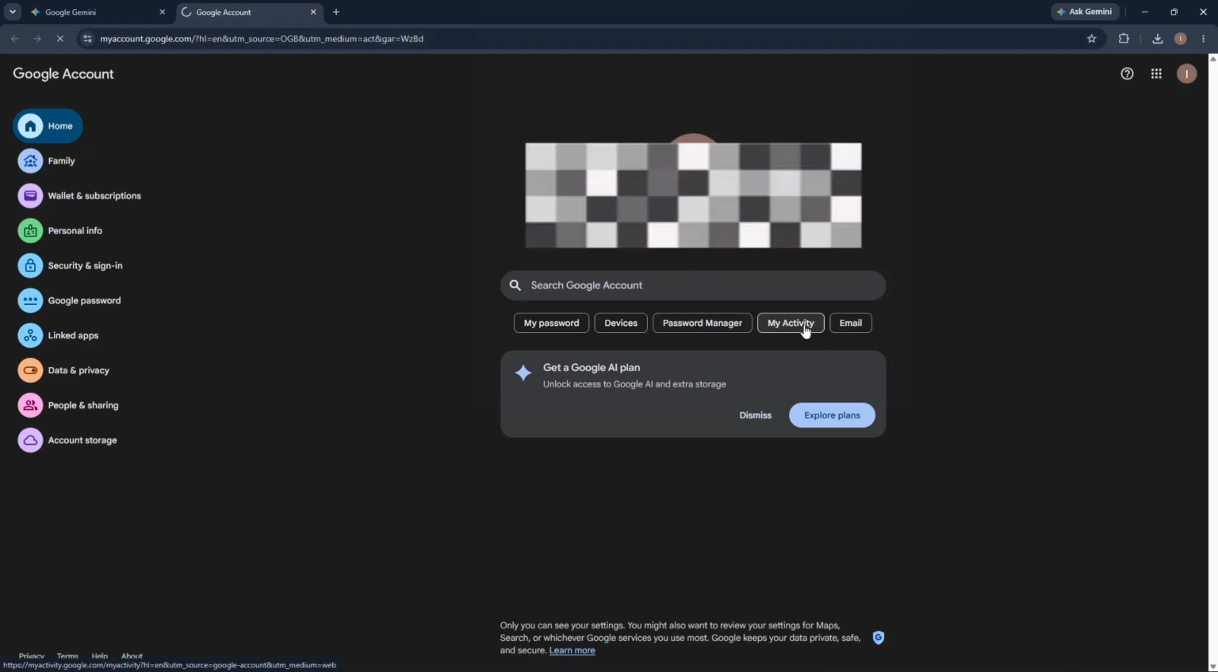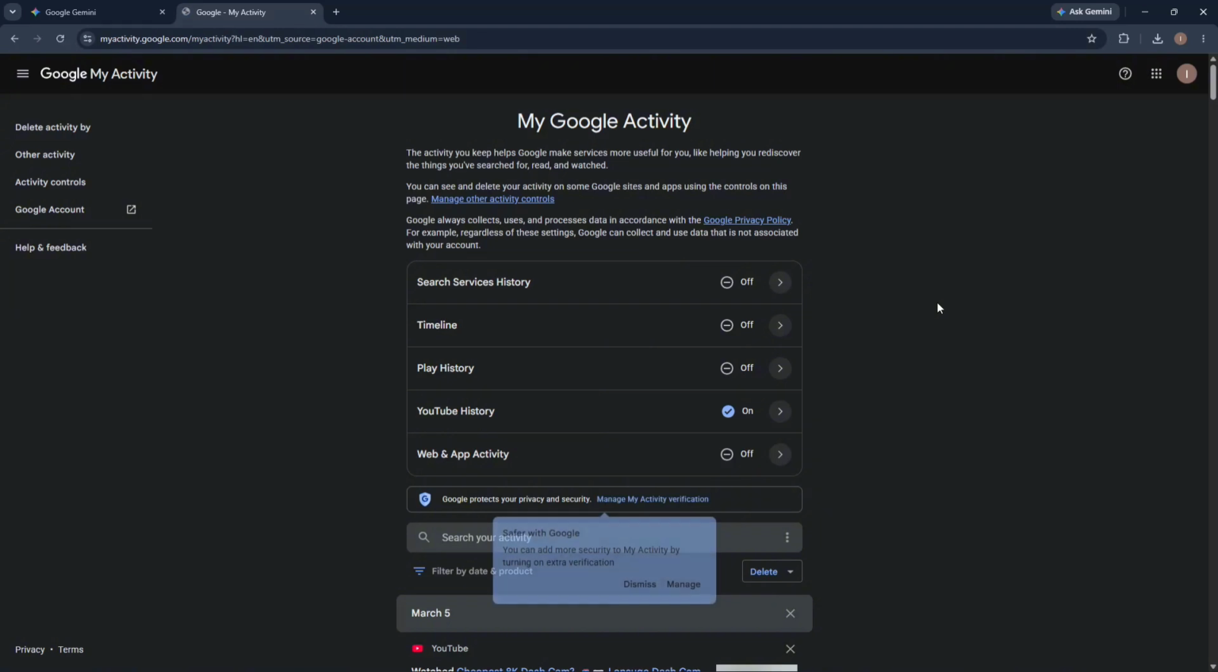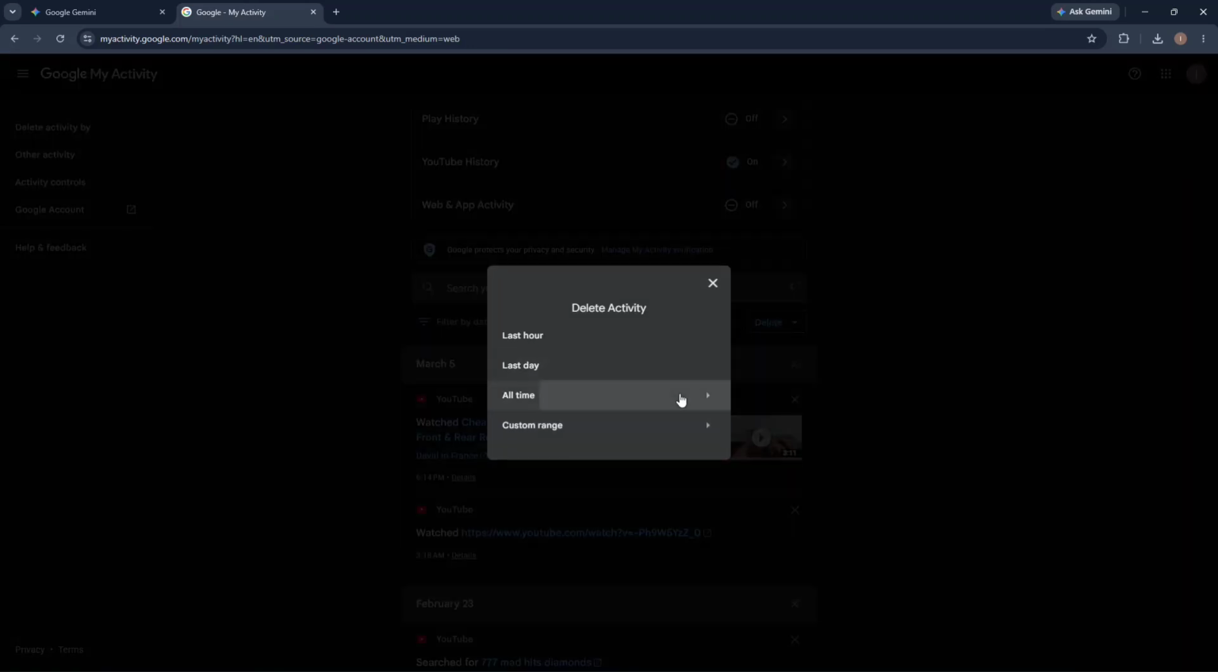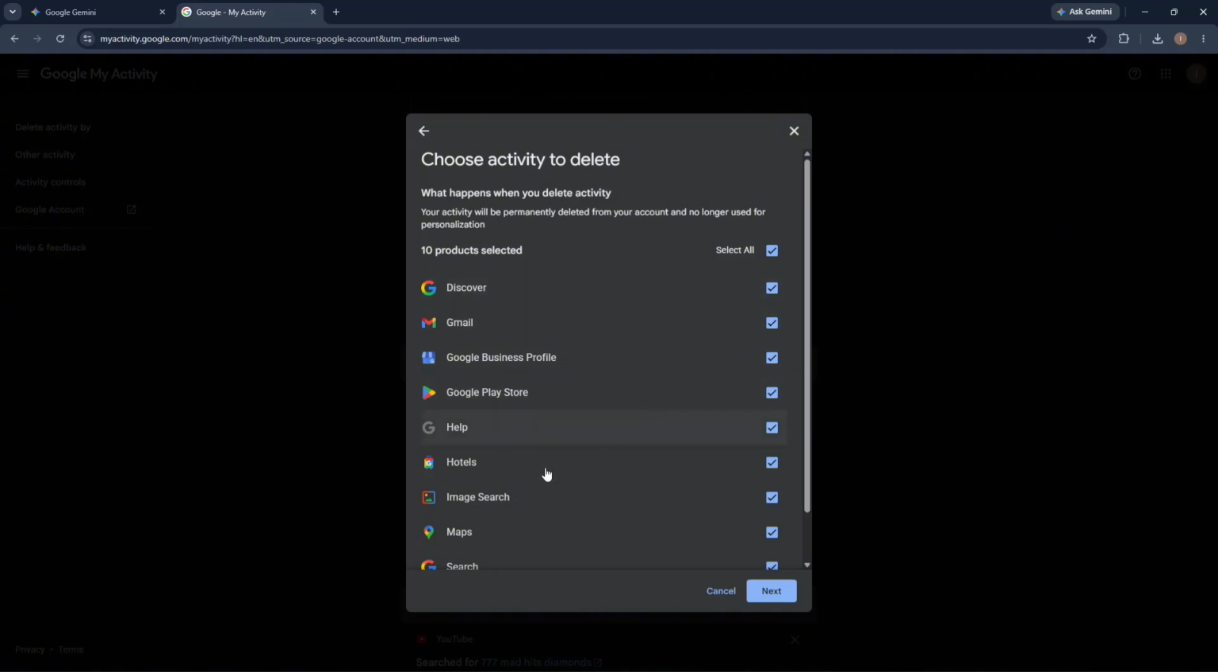So from here, go ahead and look for My Activity, click on it, and that will take you here. So from here, go ahead and look for Gemini, and then set the delete to all time, and then make sure to check in here Gemini, and then click on next,